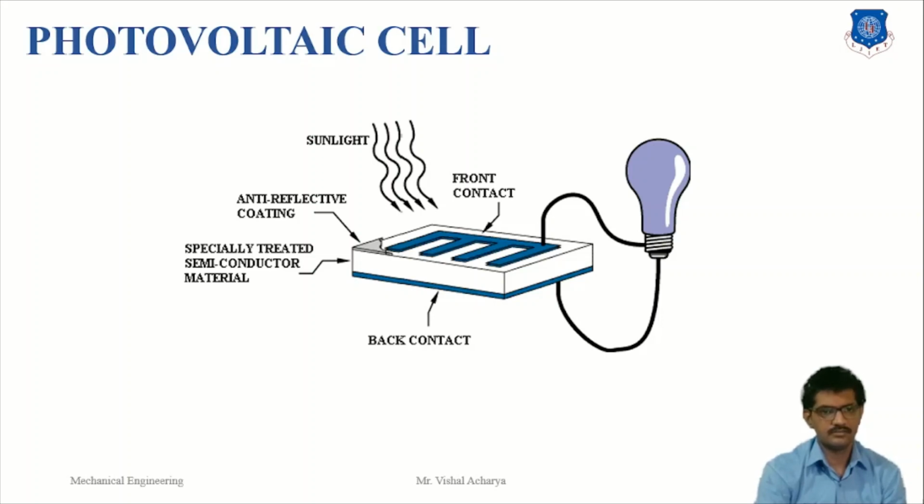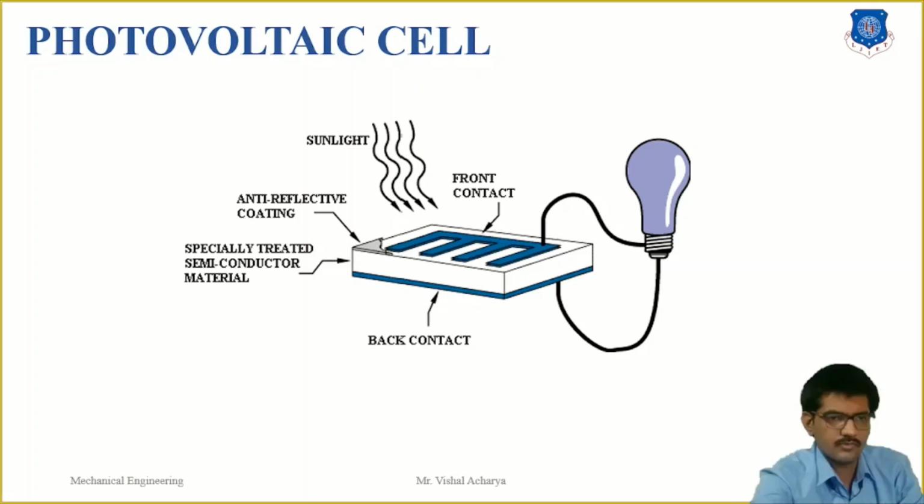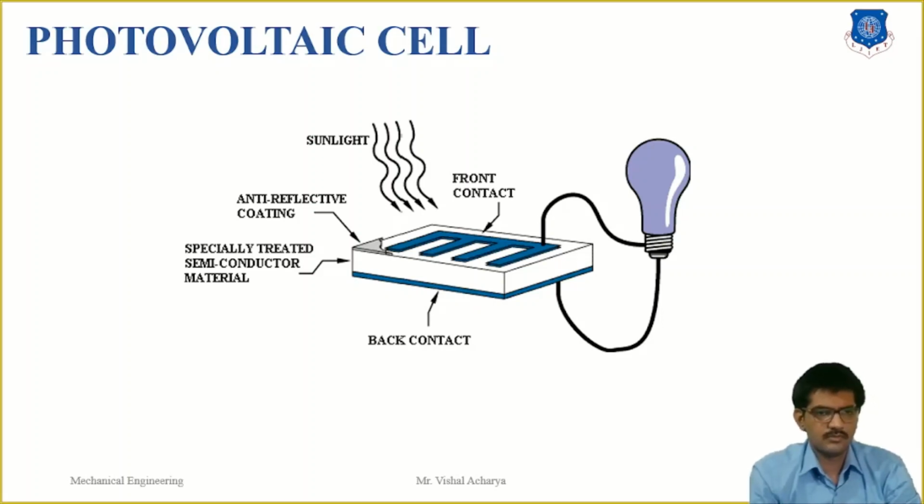Photovoltaic cell. A photovoltaic cell is an energy harvesting technology that converts solar energy into useful electricity through a process called the photovoltaic effect. There are several different types of photovoltaic cells which use semiconductors to interact with the incoming photons from the sun in order to generate electrical current.